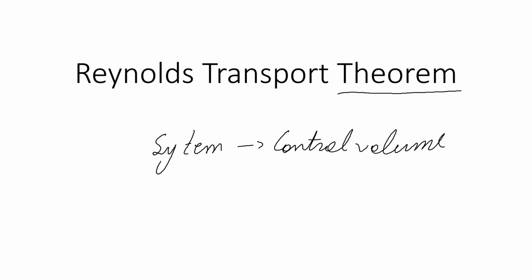So if we would like to see what forces the system is subjecting on the control volume, we will use Reynolds transport theorem. If we want to see the behavior of the system as it goes through a control volume in which a certain object is placed, we will use Reynolds transport theorem. This theorem basically gives us a relation between a system and a control volume, and with this relation we